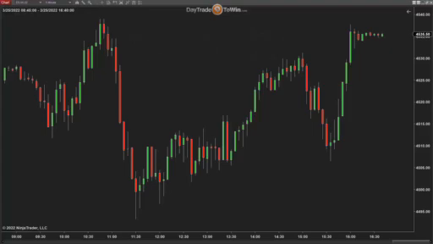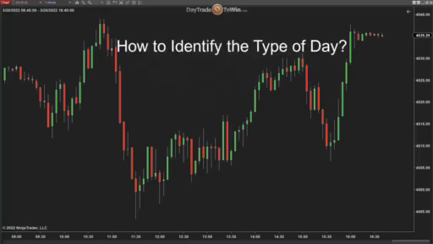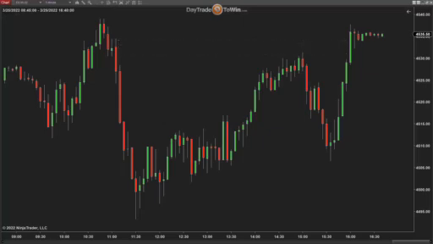The second thing is looking at a chart in hindsight, after it's already plotted, is much different than looking at it live as it's happening, because we have to make these decisions on the spot. So in looking at what I'm going to show you, think about the type of day that is a trending day and what happens. Typically trending days have more volatility. Trending days move up and continue, move down and continue. In comparison to a choppy day where it's constantly hitting support and resistance, flopping around, chopping around.